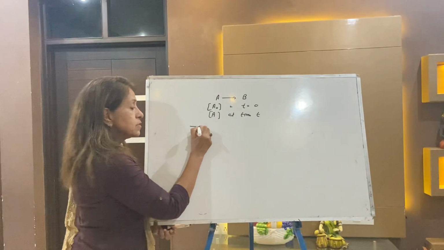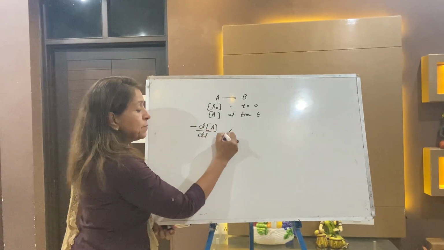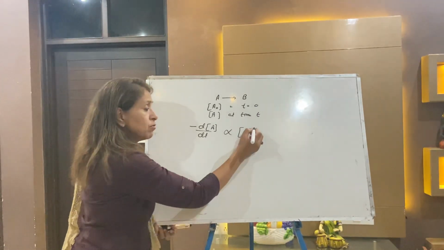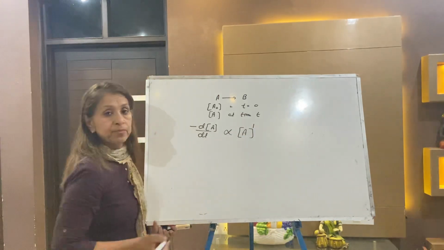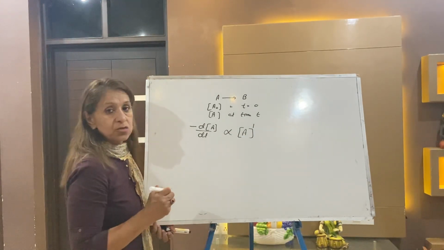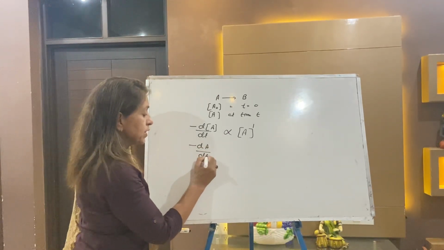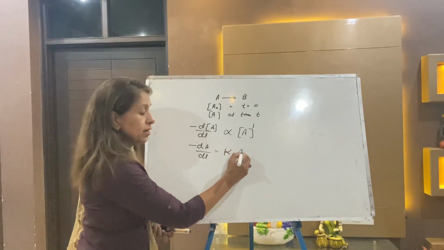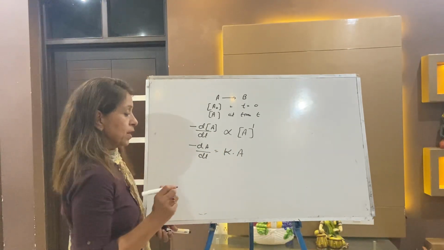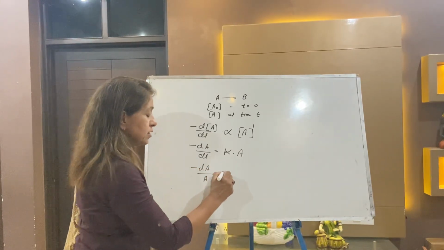Now it is minus d by dt of the reactant A, and it depends upon the concentration present at that time. Now this time we will not put 0, we will put 1 here. Only this is the difference, because it is a first order reaction. Minus dA by dt is equal to K into A. In zero order it was just K because the power was 0. Now minus dA by A is equal to K dt.